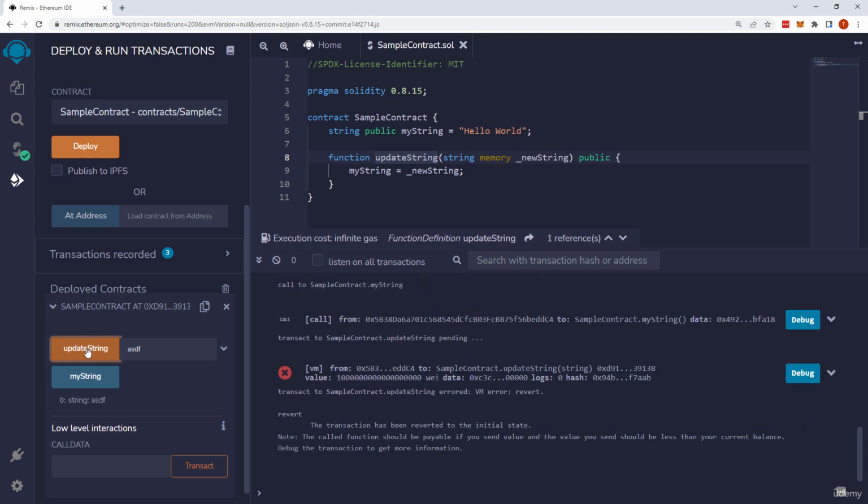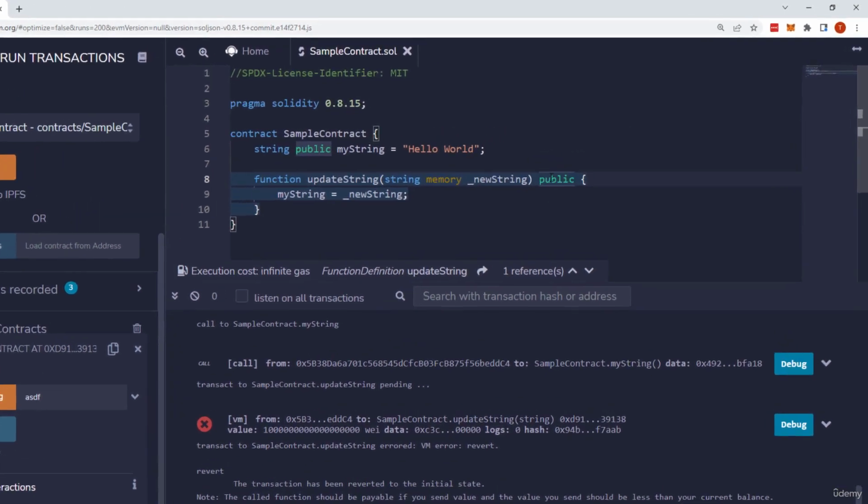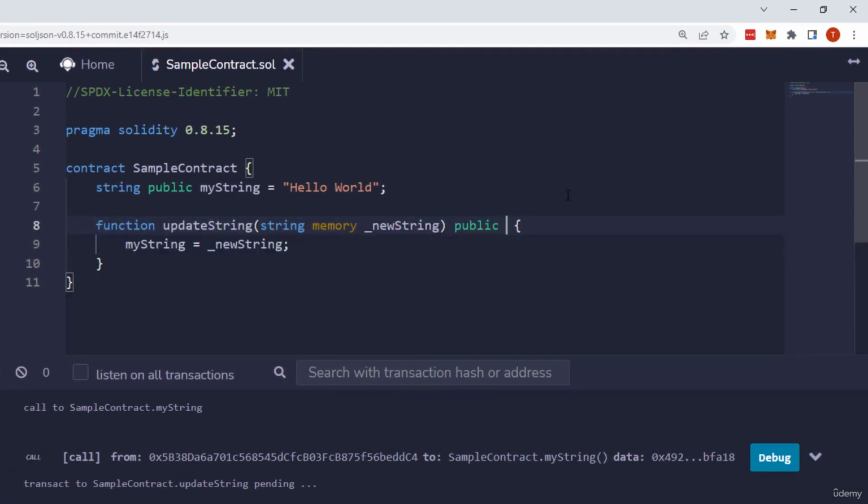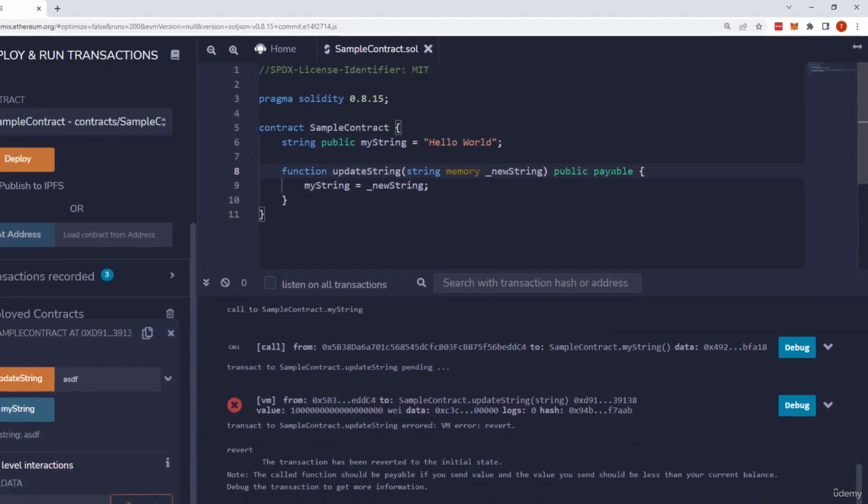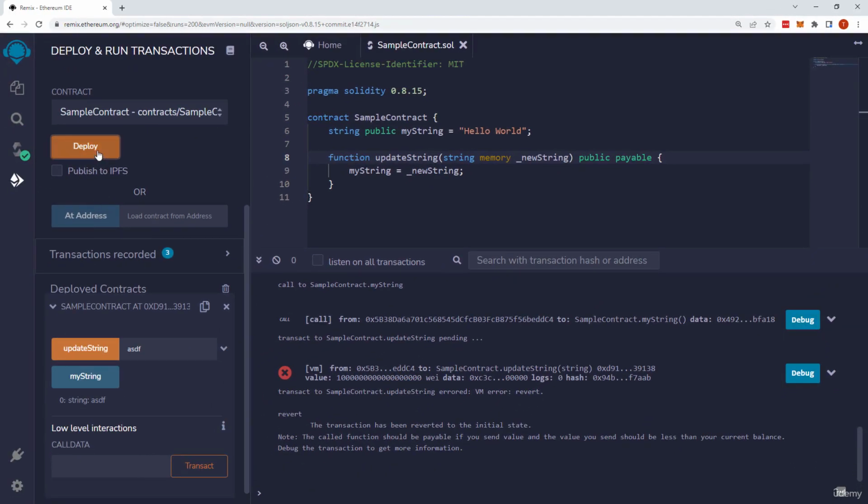Now, if you're doing that, it will fail. The reason for that is that we have to mark functions that are meant to receive ETH with a payable modifier. The payable modifier comes here, public payable. It's defining this function as a function that can receive ETH. And if we are deploying this again,